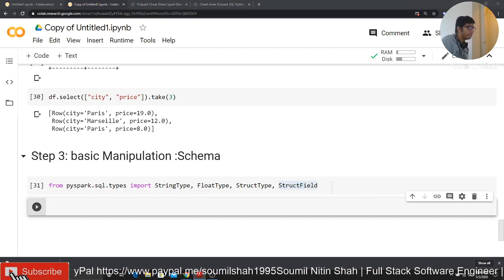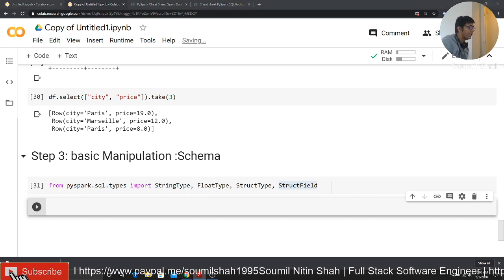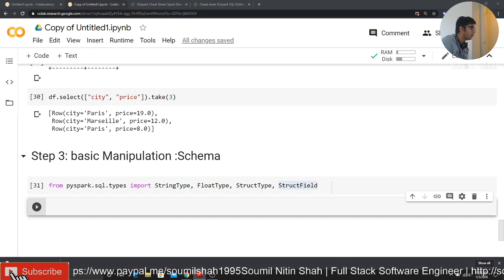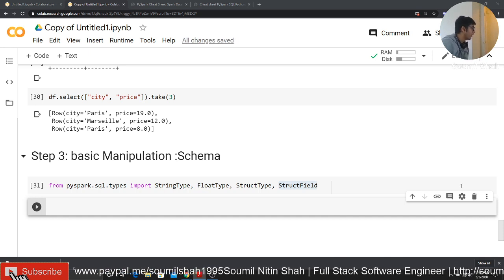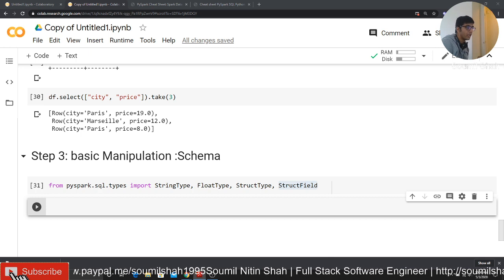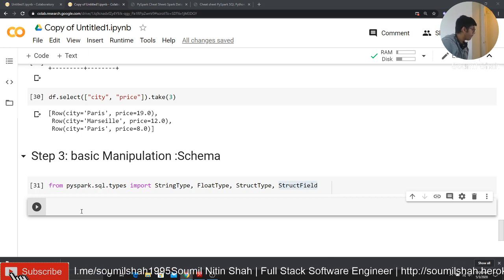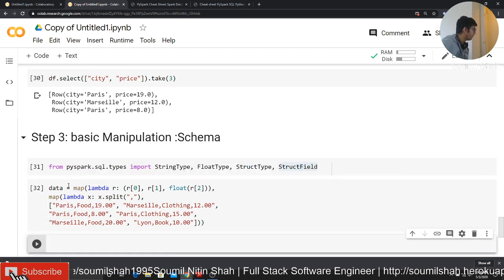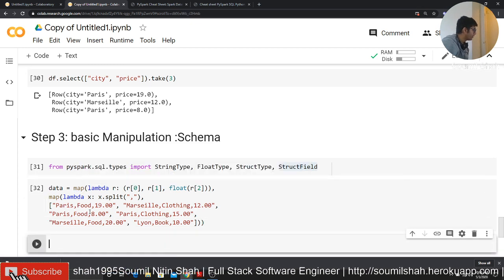Now, as I said, in PySpark, the data has to be a list of tuples. Remember in part 1, I showed you how the data looks. So let's define the data. So that's my data. I'm using the map function. As I said, there are 3 arguments to this. So one is the list. I'm just explaining it again.